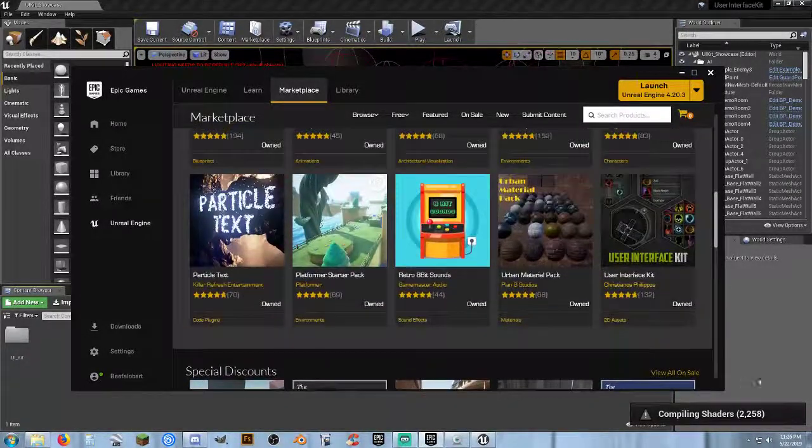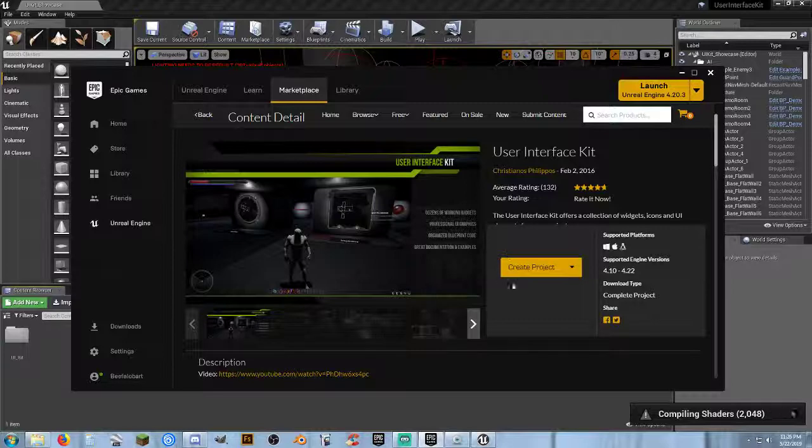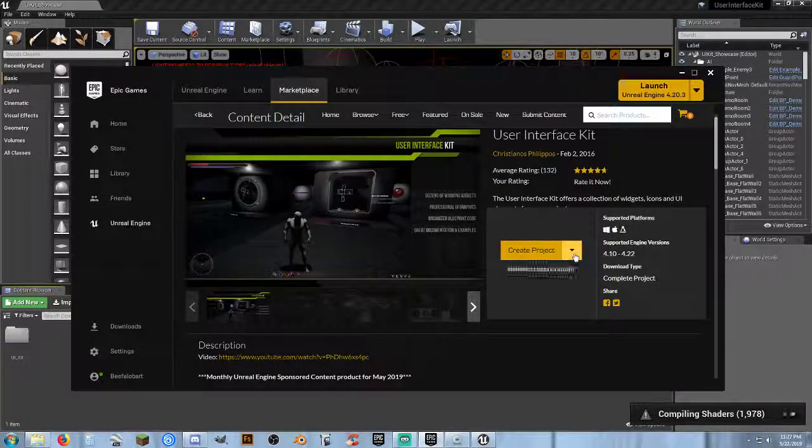Okay, so still compiling the shaders there. The user interface kit, while it's loading, doing its thing, the one thing I don't like about it so far is, let's take a look at it here. Whenever you look at it, you get create project and remove local content. There is no add to project, it's create project. So to be able to get this into your project, if you've already got a project started and you want to add this content to it,